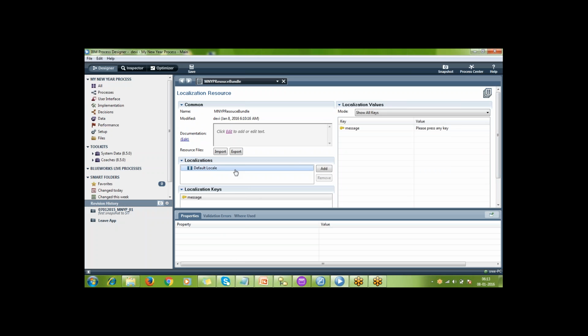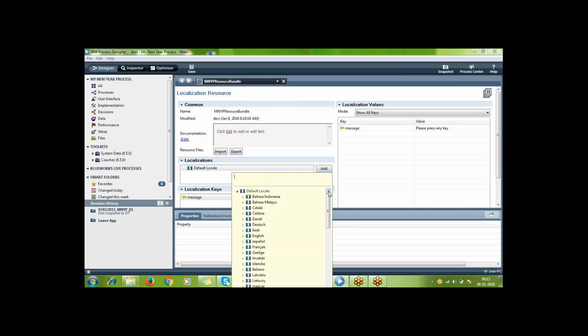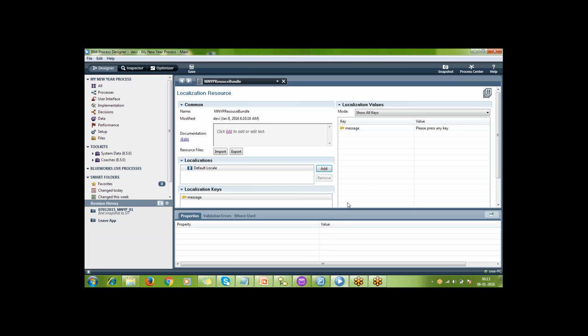See here, by default what was the locale? I am having the default locale as India. Even the locale which I am having, I can change. So if I want to display some of the text in Telugu or Hindi or whatever language, you can also select that. In our course content there is one section where, when a user logs in and selects some preferred language, everything has to be changed to the preferred language.